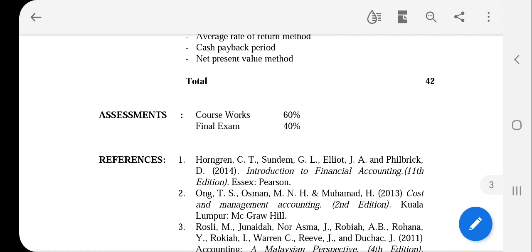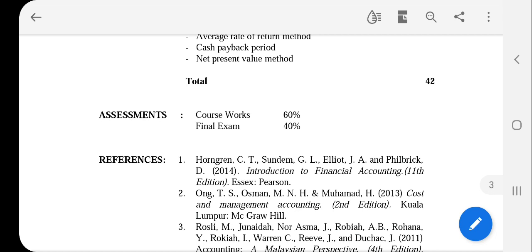And then you will have to do a mid-semester test. Mid-semester test is 20 marks. The topics that will appear in the mid-semester test are topics 2, 3, 4, and 5. The topic that will appear in the quiz is topic 1.